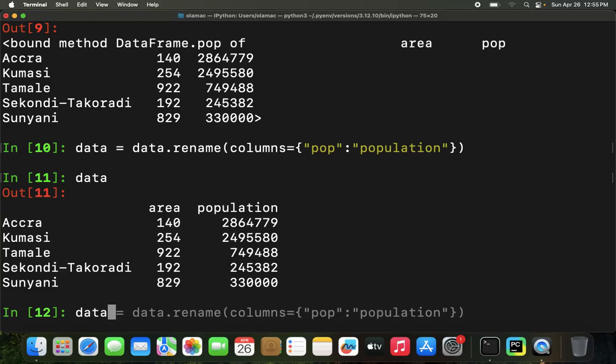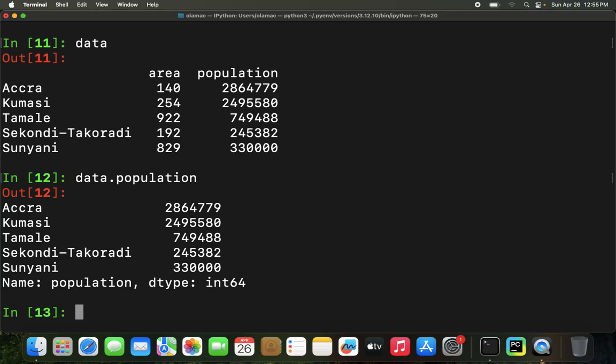Then I can use my attribute style, data.population, and then that works. It didn't complain here. Okay. So that's one way we might access